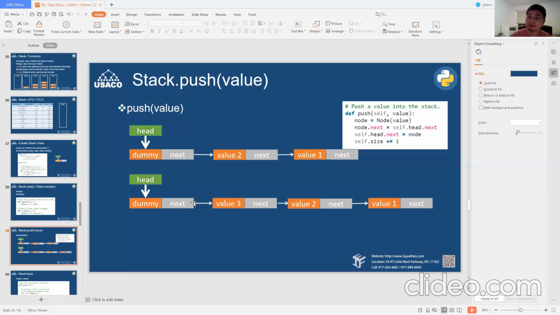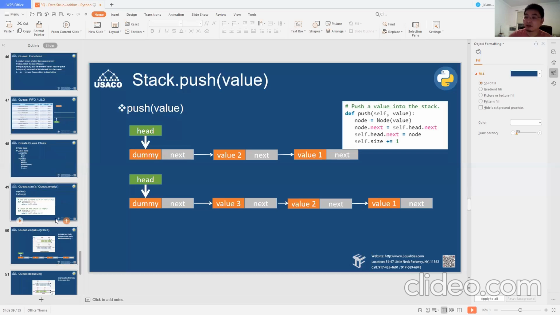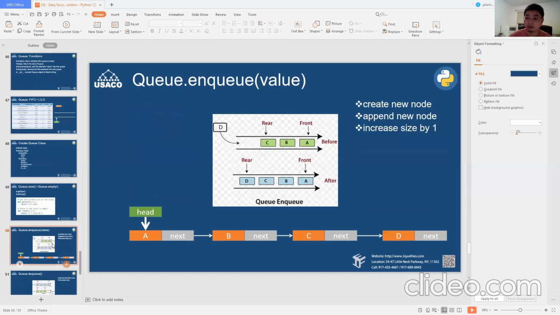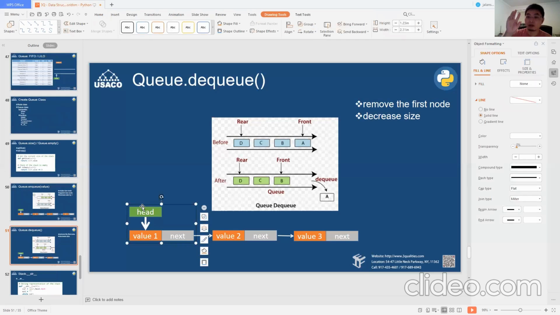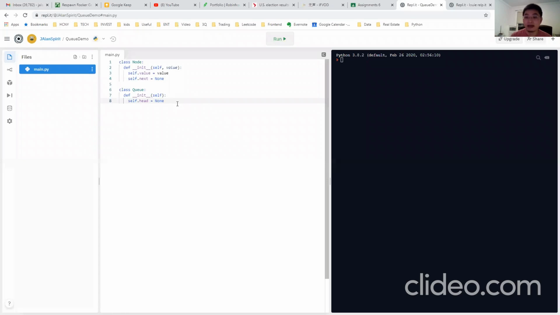But in the case of the queue, I don't need one, because it's first in, first out. I can use a head pointer directly pointing to the first one, and whenever a new value comes, it's added to the end of the list. Very important. So here I have a head, but I don't need a dummy head or dummy node.